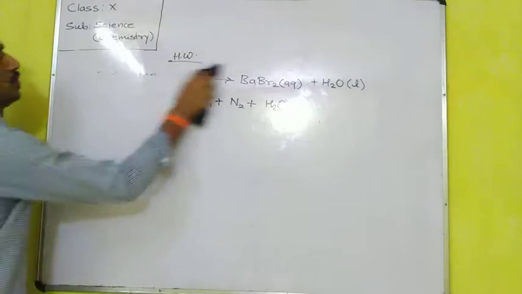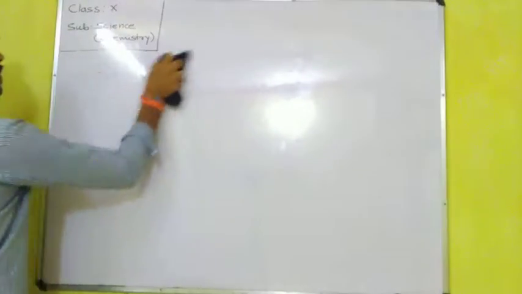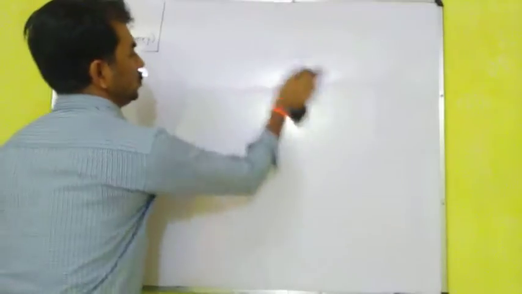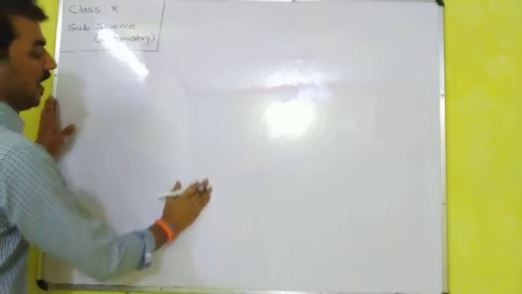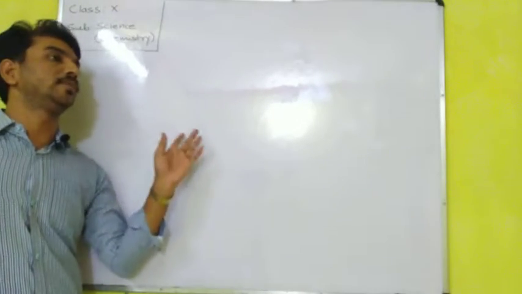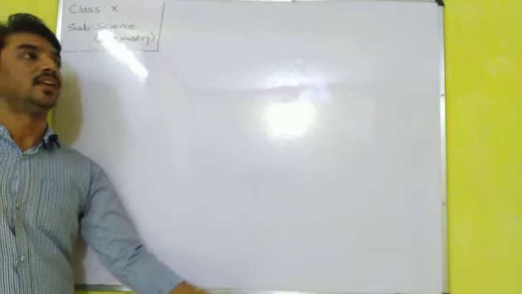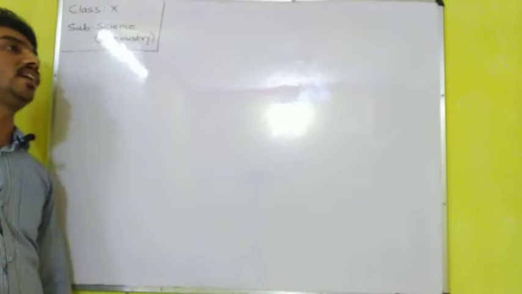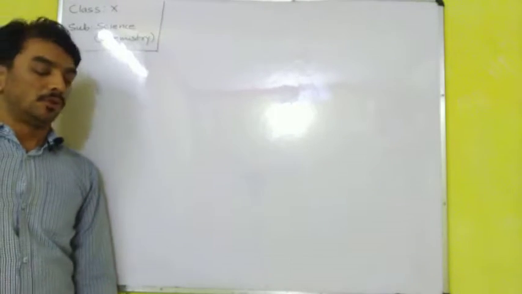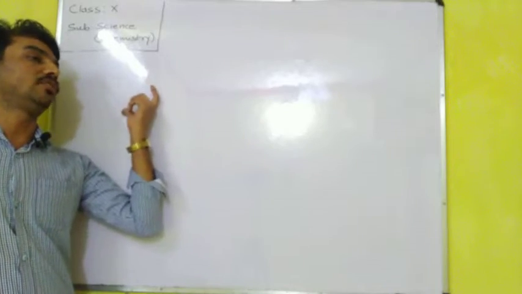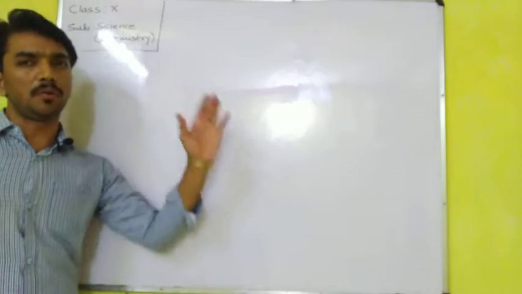Now we have to balance ions along with the atoms. Balancing of an ionic equation means the number of ions is balanced along with the atoms of all the elements of reactant and product. If the positive charge of the reactant is equal to the positive charge of the product, and the negative charge of the reactant is equal to the negative charge of the product, then it is known as an ionic equation. Suppose, for example,